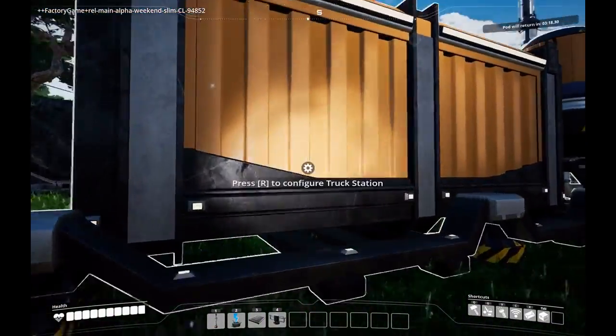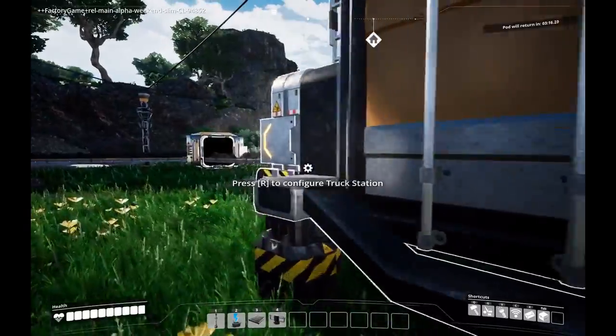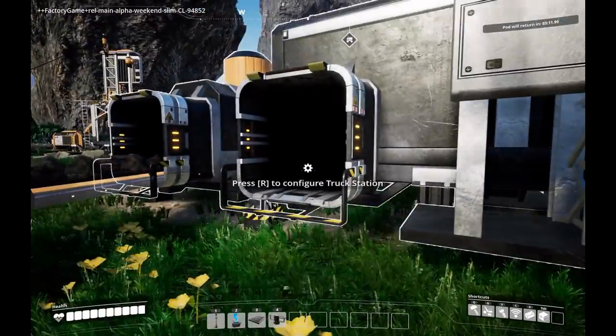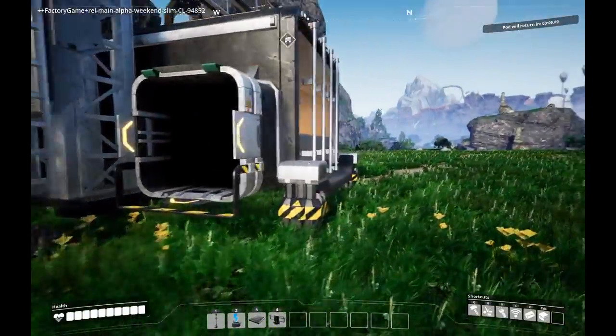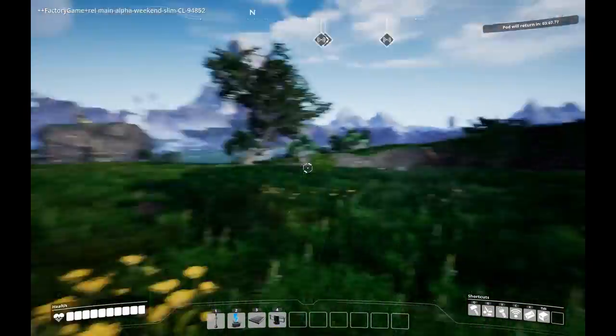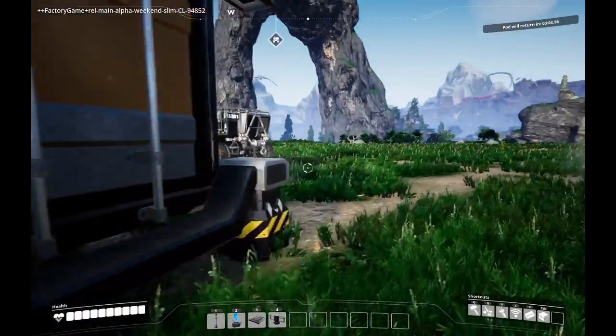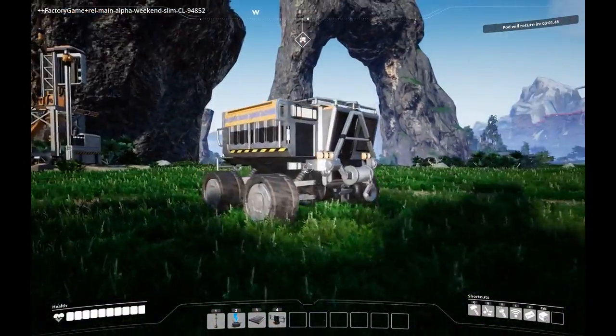This truck station is configured for unloading. So one of these is for loading and one of these is for unloading. So theoretically you have the truck go out somewhere, pick up stuff from a mine, bring it back, and then belt it from here into your factory. But we're just going to get into the...